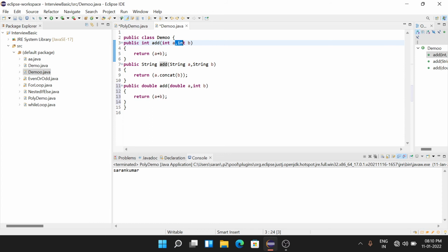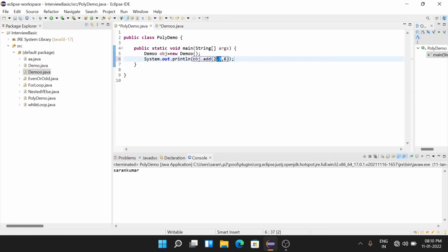It checks string and string, not compatible. Then it checks double and int, which matches, so it returns this value. For example, if I give an integer first and a double second, there is no such method, so it gives an error.